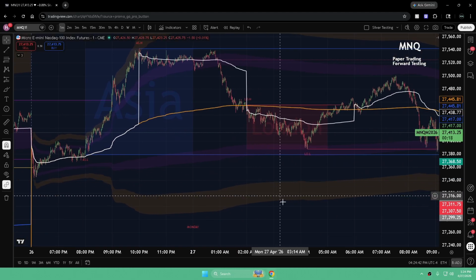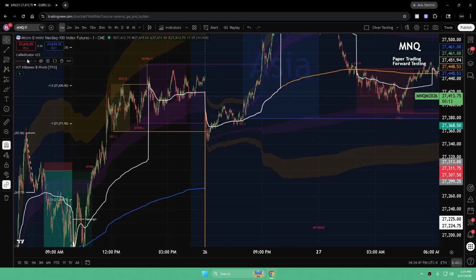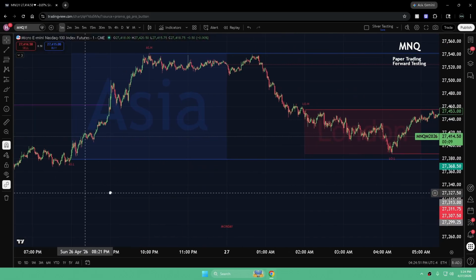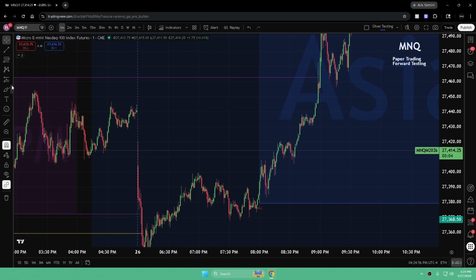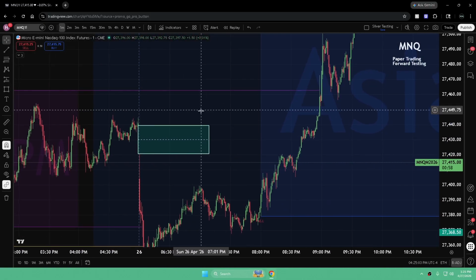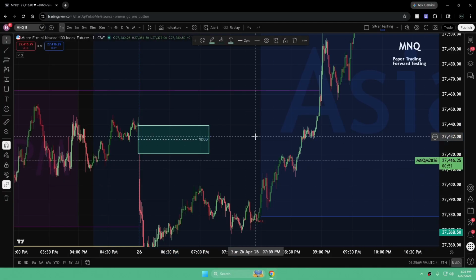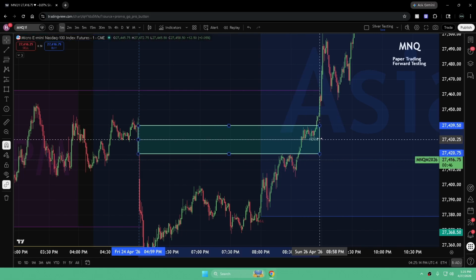Right, here we go. Our Sunday slash Monday price action. So let's go ahead and disable this. What did price do when we first opened? We made a new day opening gap. So we marked this out. Boom, boom. And let's get this marked out. New day opening gap. All right, so we have that marked out.